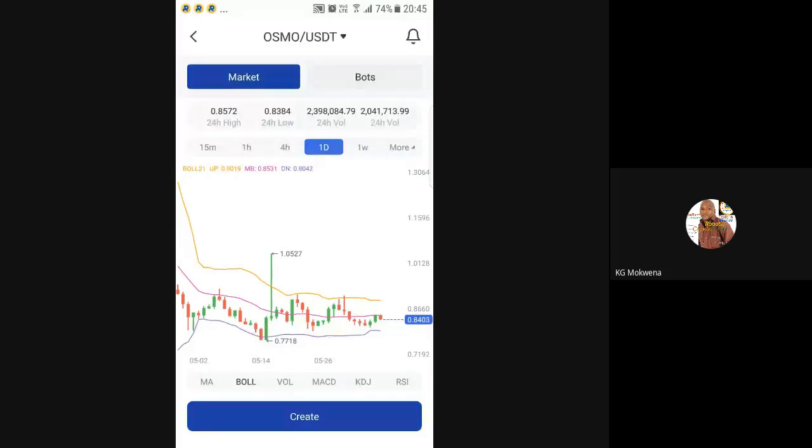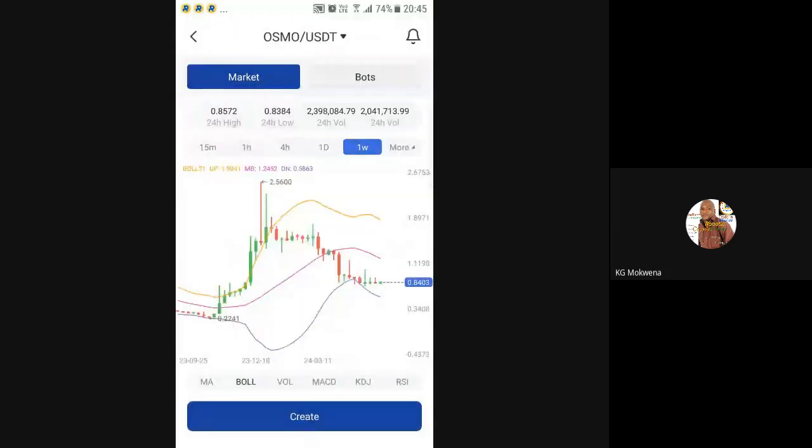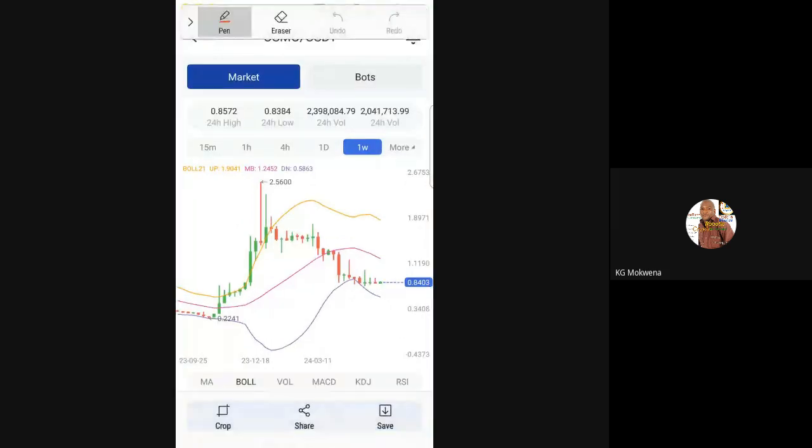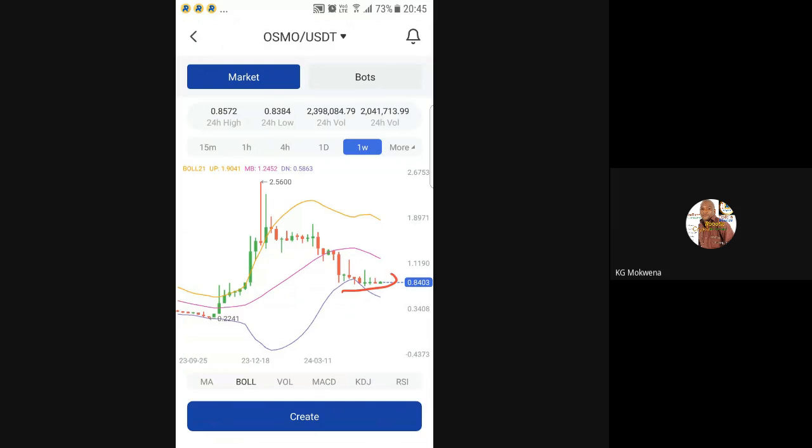This has fallen so much. So we must actually look at the weekly time frame, how this coin has been. This is the weekly time frame. It just gives you a picture of so many weeks where not much was happening, really. If you check here, this kind of consolidation here,